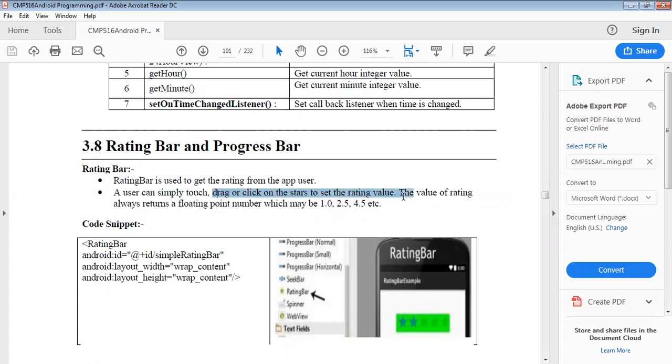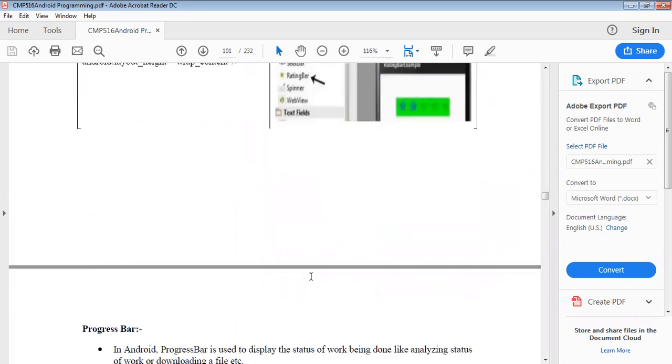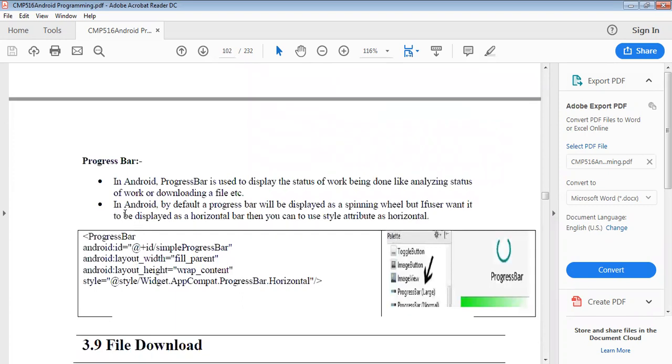Set the rating value. The rating value is always written as a floating point number, which may be 1.0, 2.5, 4.5, or non-floating values like 1, 2, 3, 4, 5 also. So rating bars are in star format, as we can see here. Next will be progress bar.